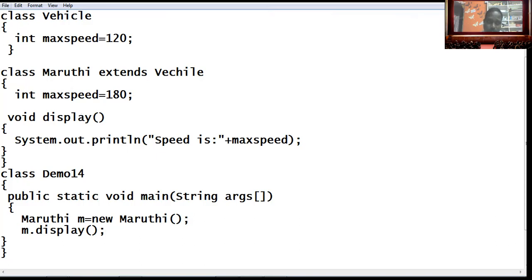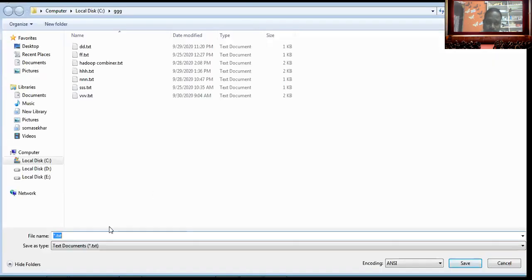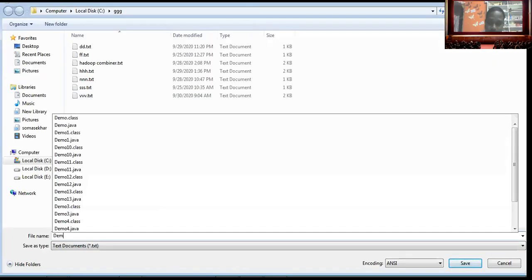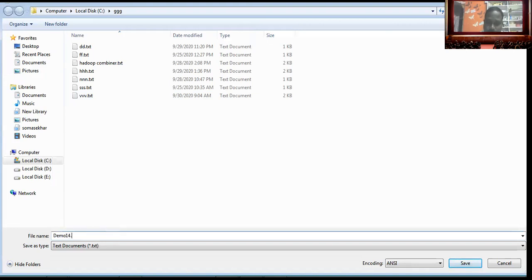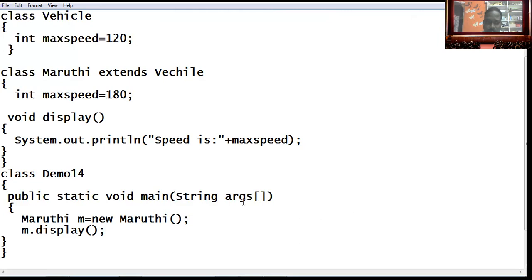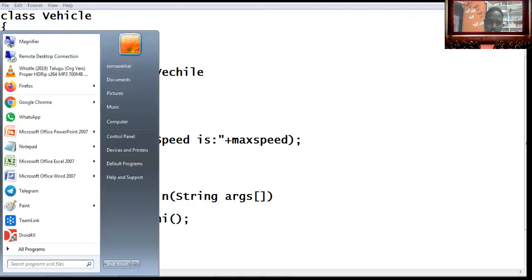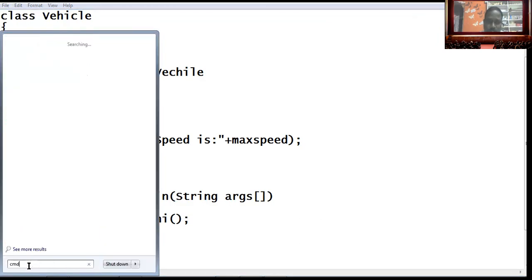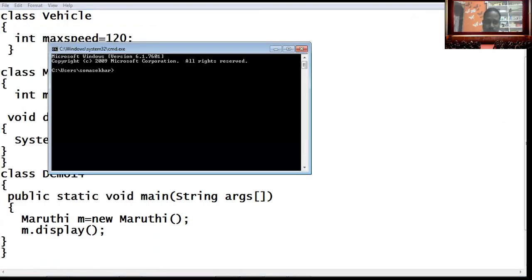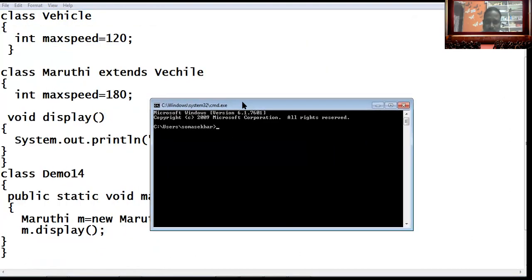Then I am going to save the code. Save as Demo14.java. It has been saved successfully. Then I am going to the same command prompt. Look at this very carefully.